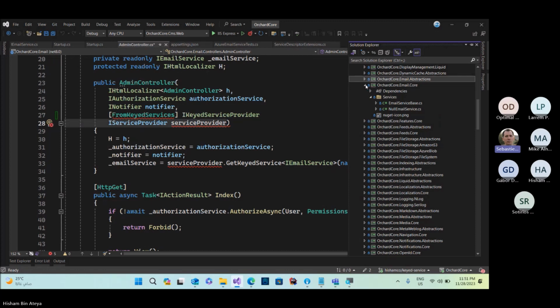So an example where a keyed service will be useful. Imagine we want to cache stuff. And we have an IDistributedCache, okay? Yep. And we might want to use different implementations of the distributed cache based on the service that we want to cache.